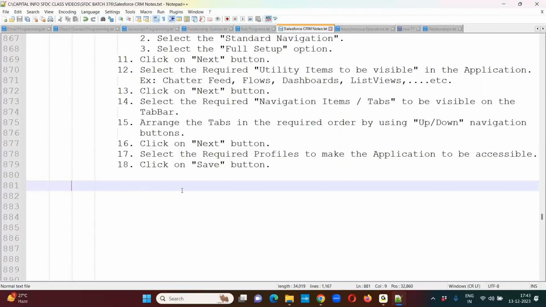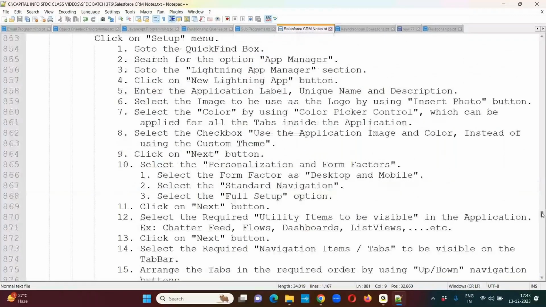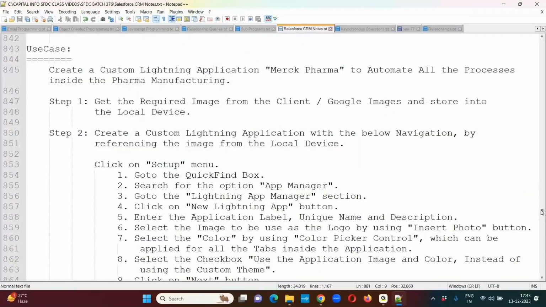So now my requirement is I want to create a new custom lightning application with the name Merck Pharma. But for this application, I don't want to use the Salesforce image as the logo. I want to use the Merck company image as the logo so that I would like to download an image